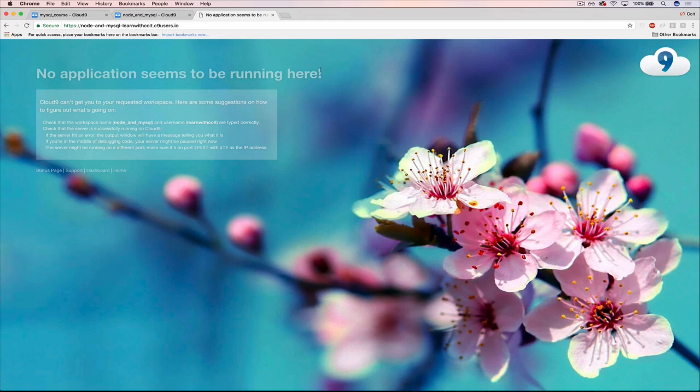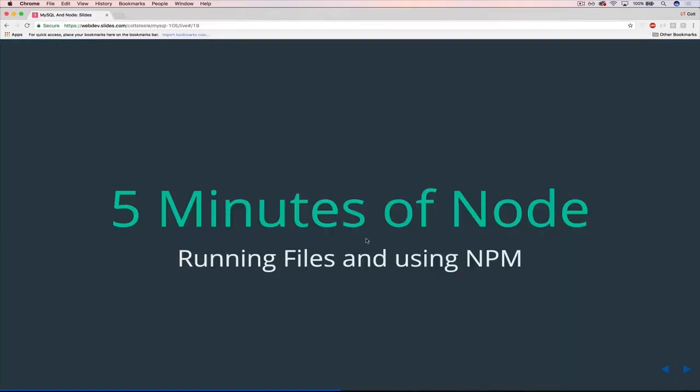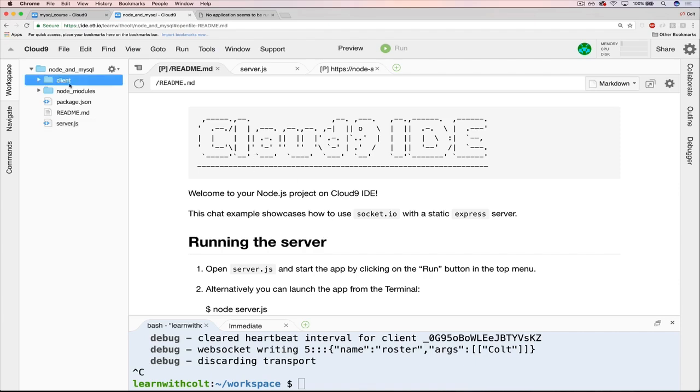There's no application running. Okay, so it's time for a 5-minute crash course of Node and JavaScript. Obviously, that's not enough time to even scratch the surface, but I'm just going to show you the basics of what you need to know for us to continue on with the course. Okay, so back over in Cloud9, we will delete everything, get rid of it. So you can do that either if you want to use a command line, you could use rm and rm -rf, or just